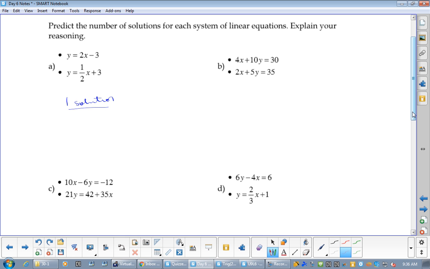Let's do elimination. Let's multiply the bottom by -2. Okay, so this will just be 4x plus 10y equals 30. This would be -4x minus 10y equals -70, right? Are you with me? So what is this side? Gone. Gone. 0 equals